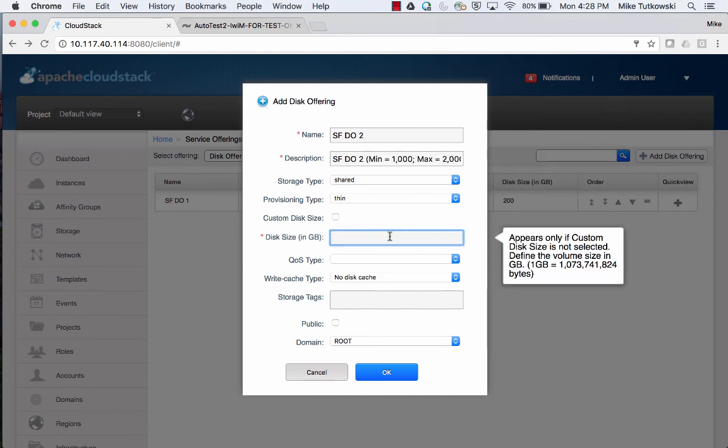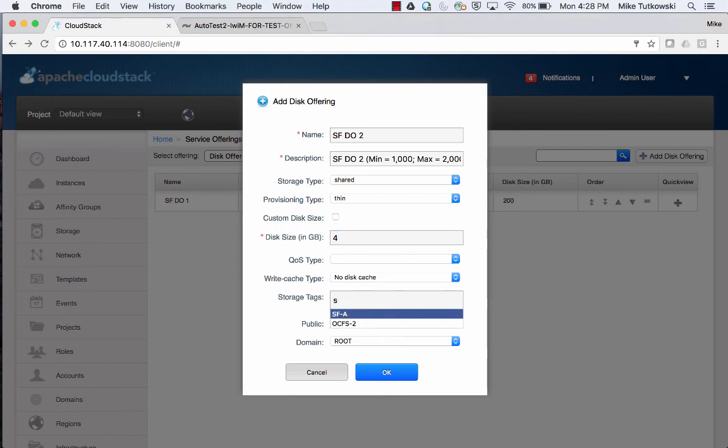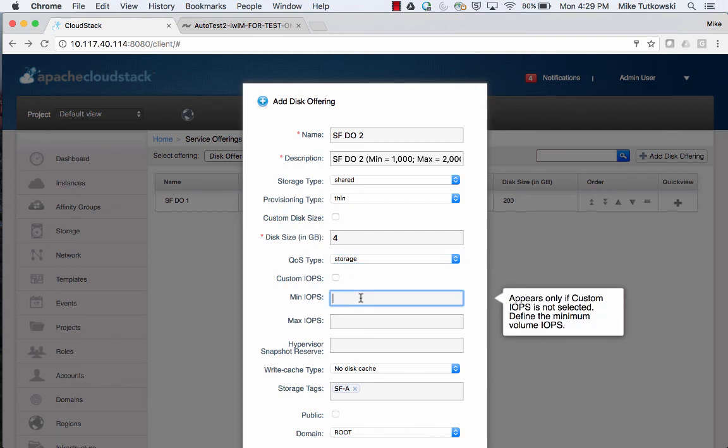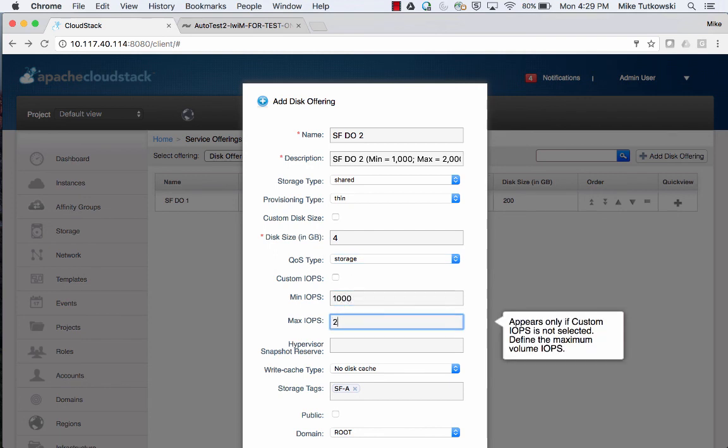And let's just give it 4 GB. So we're going to go from 2 to 4. And the storage tag, we'll just need to make sure we target the storage tag of our primary storage of interest. In QoS type, I'll drop that down, select storage. For minimum, I'll put in 1,000, 2,000 for maximum, and